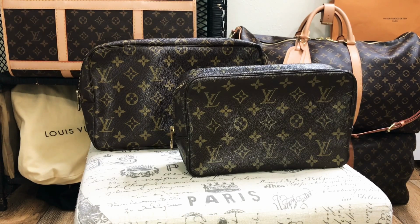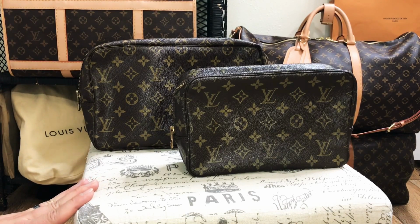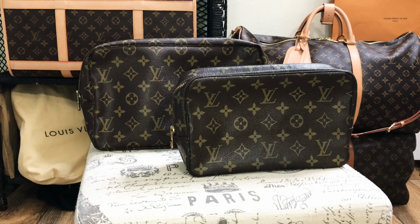So I did call Louis Vuitton Client Services to get a little bit more info on these bags because there's not a lot of info about them online. You can find them pre-loved. I know I've seen them on Tradesy, I've seen them on Fashionphile before. I actually found both of mine from a local seller's app called Letgo. I'm not sure if any of you all are familiar with that, but it has come in handy for me on the secondhand market for sure, and I never even knew about these until I found them, and I've continuously done research. So with that being said,